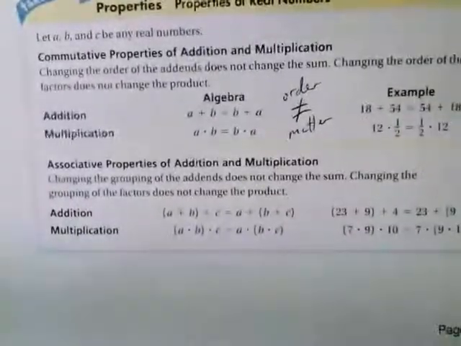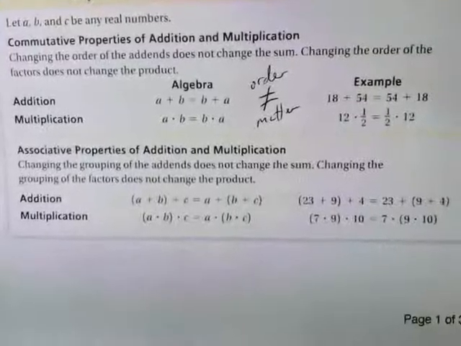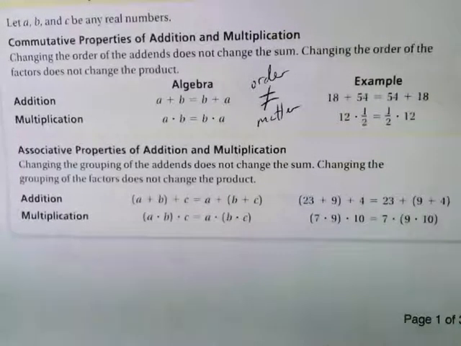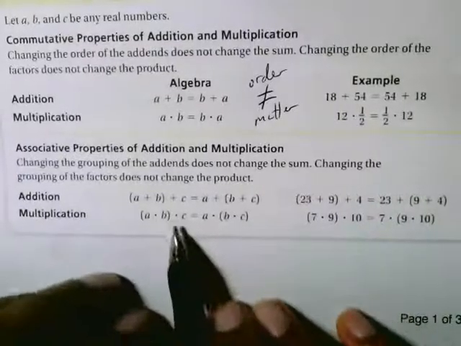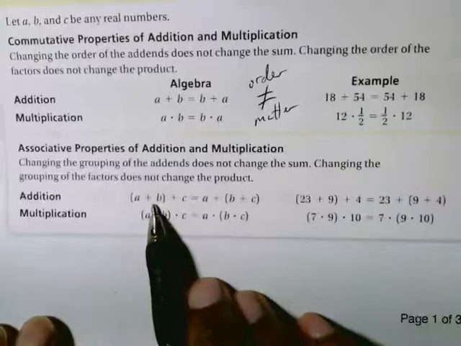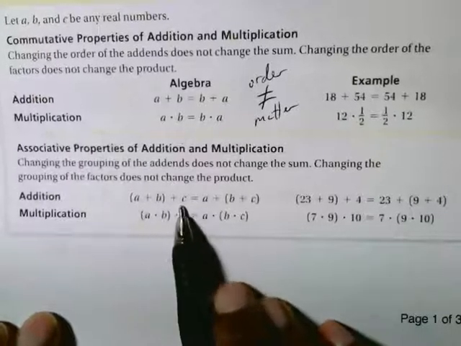And all this one does is it involves parentheses. And once again, it involves our two favorite properties, addition and multiplication. My bad. So for addition, I'm adding two numbers in the parentheses, which means according to order of operations, I would do that first, and then I would then add